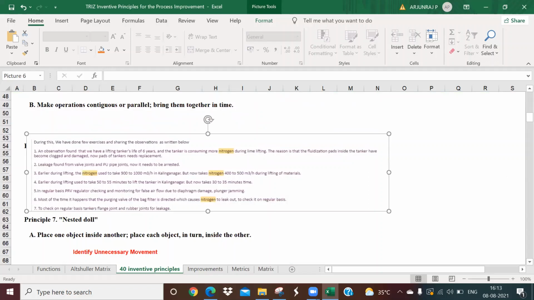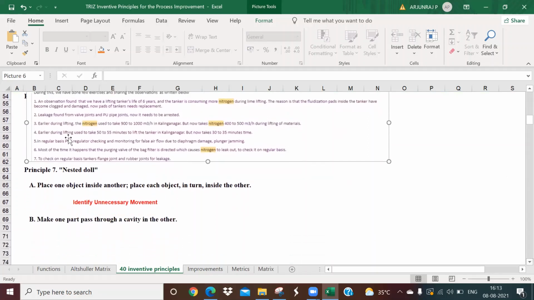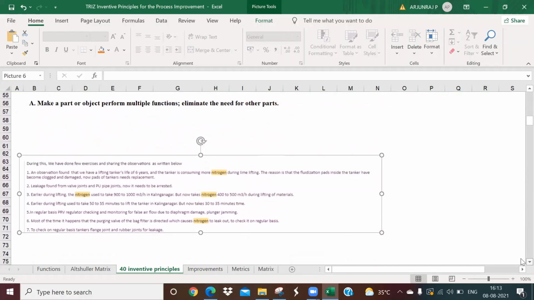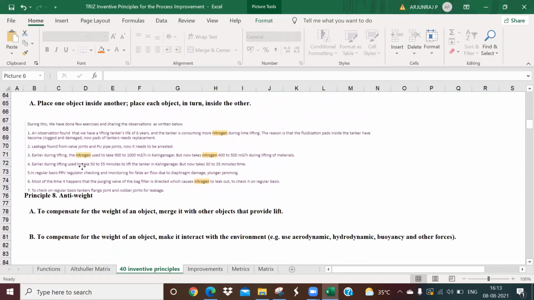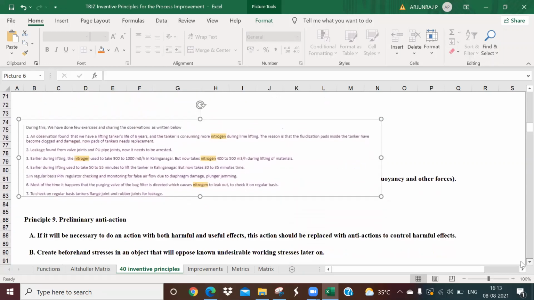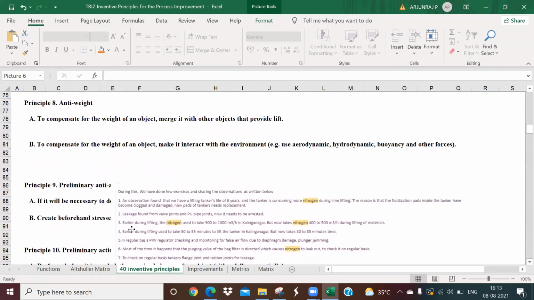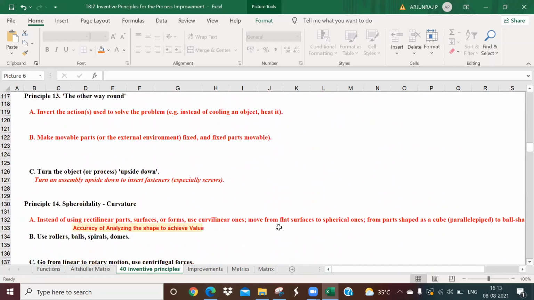We'll do this, sure. And you can also identify some of the unnecessary movement, something related to that. Okay, you have shared this sheet already, I think we have this sheet. And with respect to weight details, if it is not applicable, you can eliminate it. And some precautionary things also you need to do with the preliminary action and primary anti-action. Well ahead, we have to take some precautionary things.